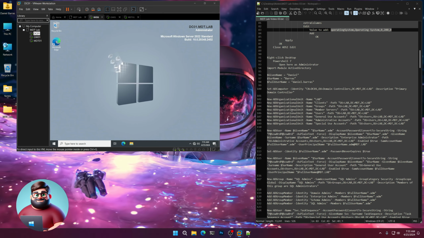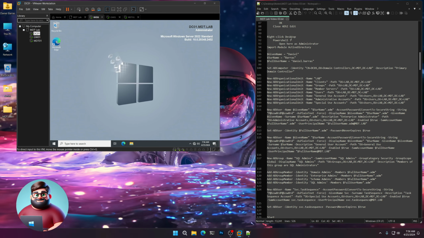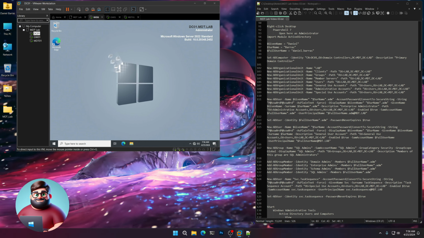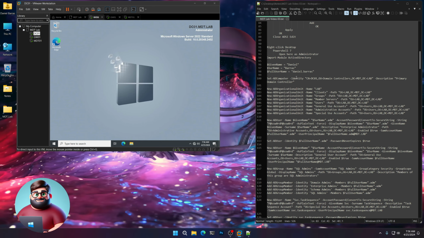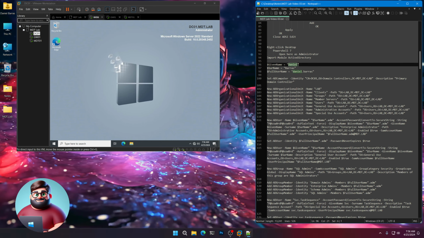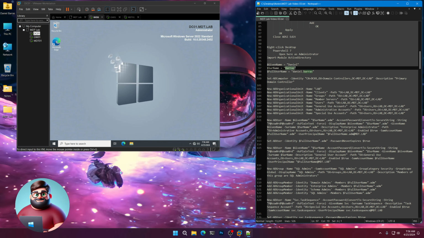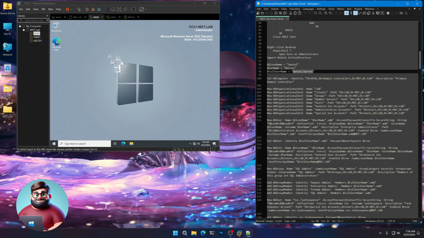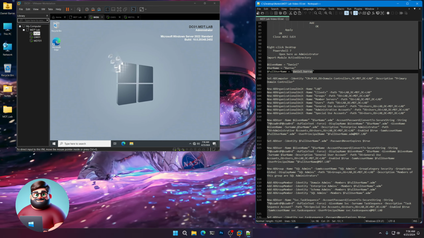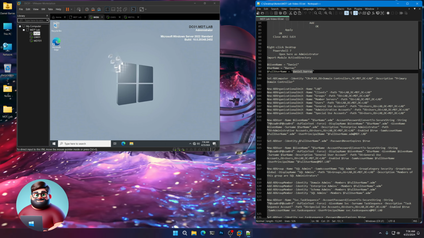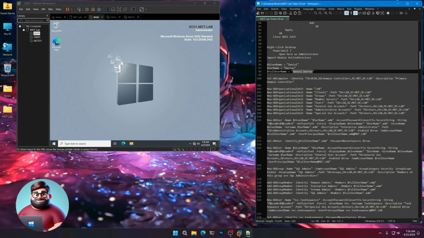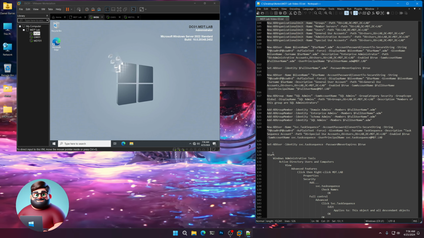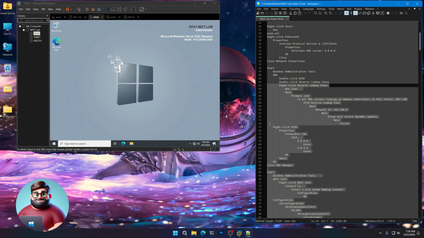Now we're going to set up our OUs as well as our user accounts. Change the given name to your first name, the surname to your last name, and then put your first name dot last name in lowercase here, and this will create your accounts. We're going to have an ADM account, which is an admin account, and then a normal account. It'll create both of those for you. We're going to do it down to 127, and copy all the way up